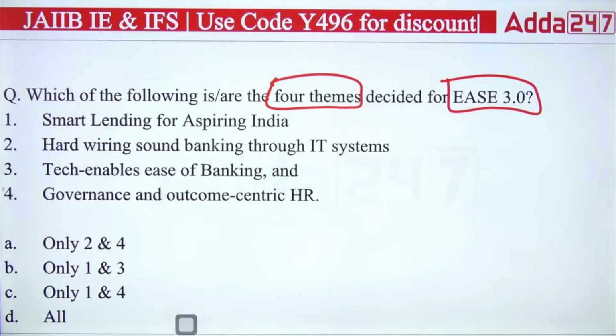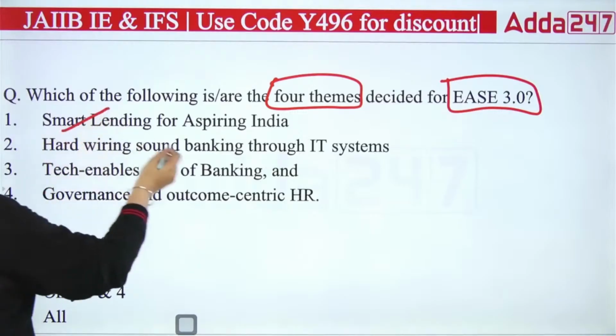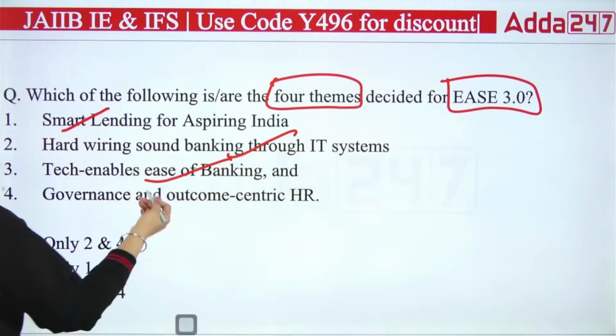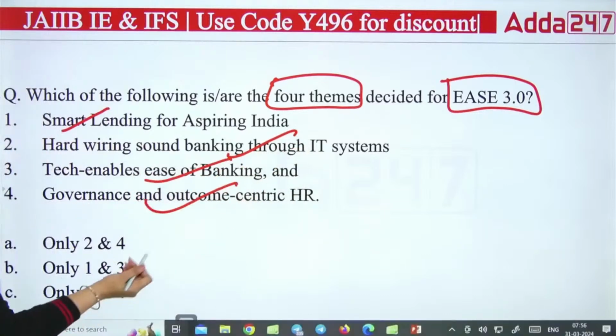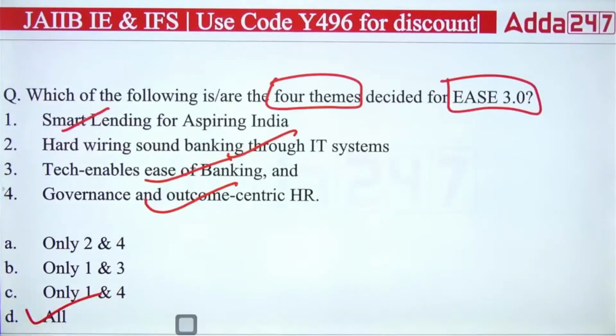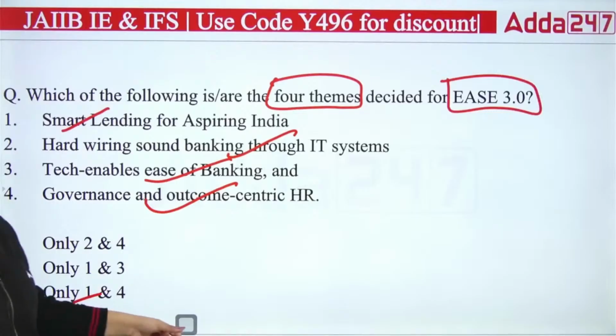All are correct. A smart lending for aspiring India, obviously. Hardwiring sound banking through IT, correct. Tech enabled ease of banking, correct. Governance and outcome centric HR, correct. All of the above are correct in context to your theme of EASE 3.0. Okay. Next